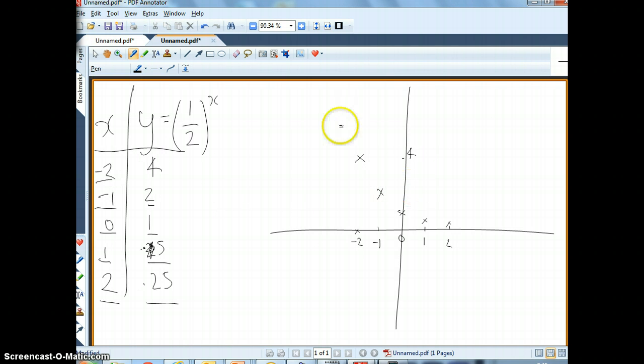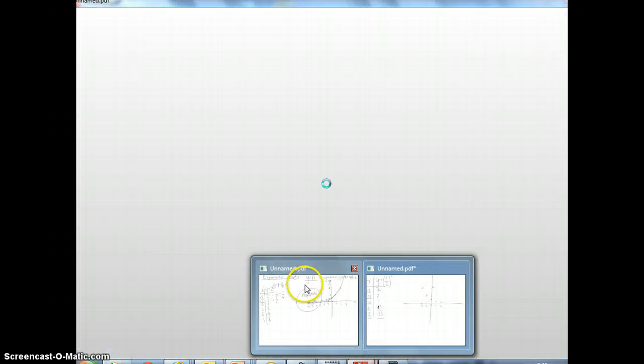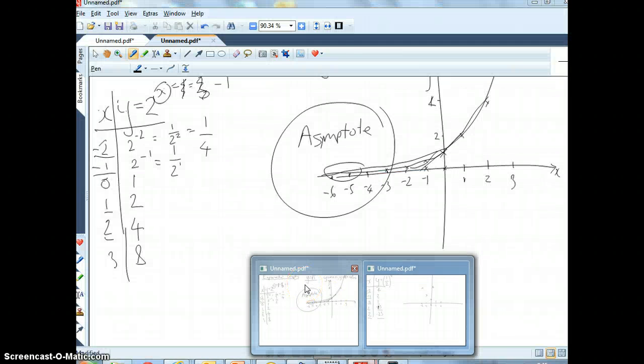From here we can join our dots. Okay, and that's our y equals half to the power x. Did anyone else get that? I got 1 over 2 for 1. Is that right? If I just quickly flick between the two graphs, watching. Right? That one compared to